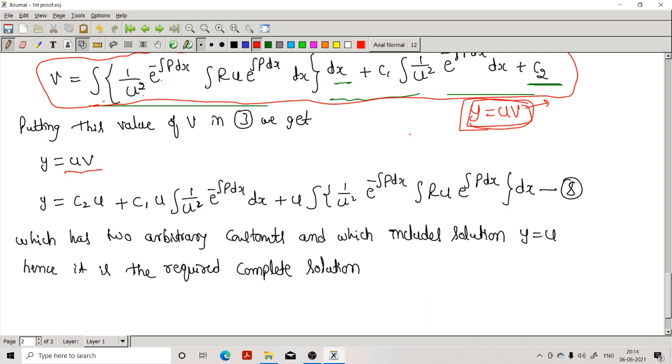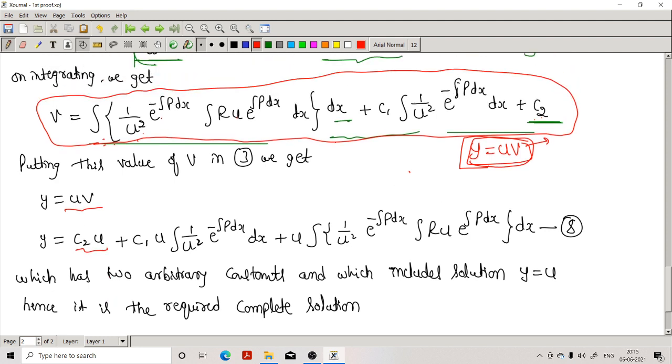u is nothing but a part of CF. Therefore, for u into v, you have to multiply this term by u. You will get a single term C2. Therefore C2 into u, plus this whole term into u. I have written the first term first. This is C2 into u, and this is C1 into